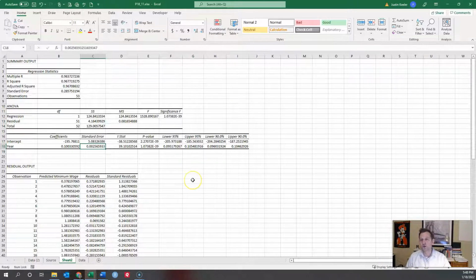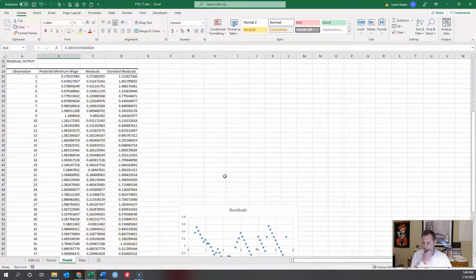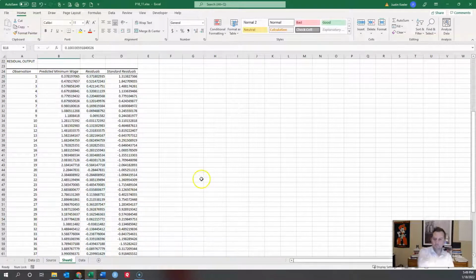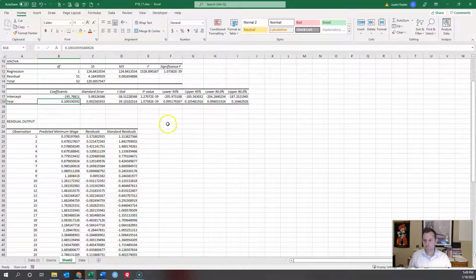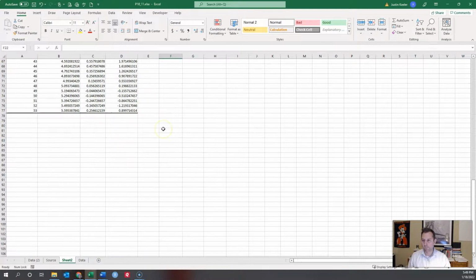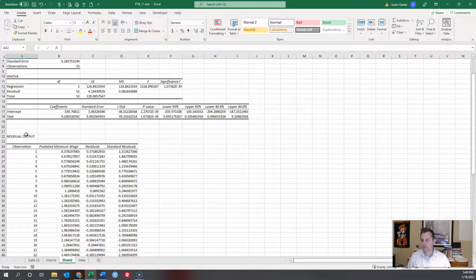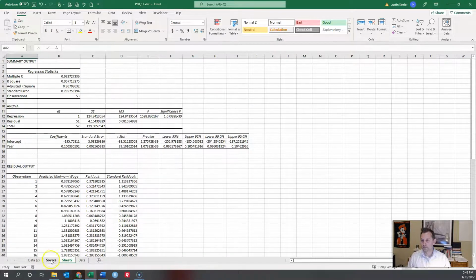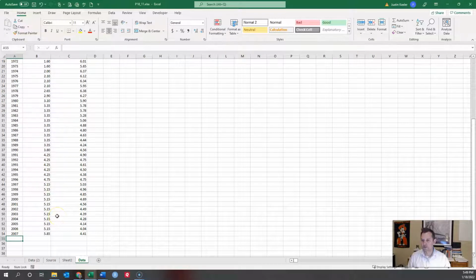And what is the regression equation for this? Y equals minus 195.76811 plus the slope times your new predicted year. Okay, so for 2007, we would project